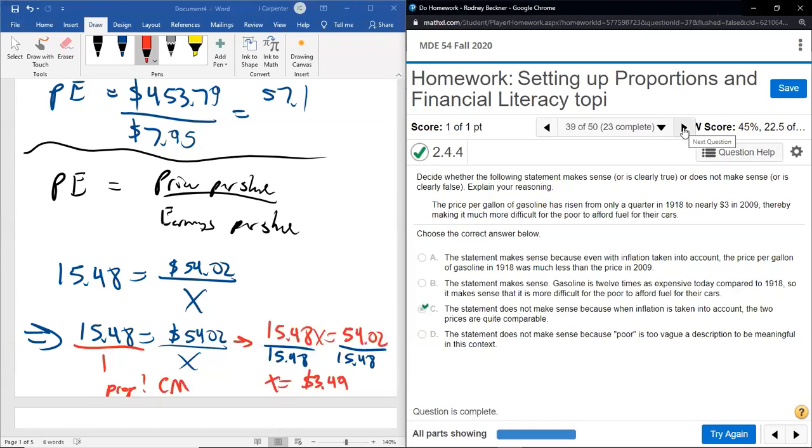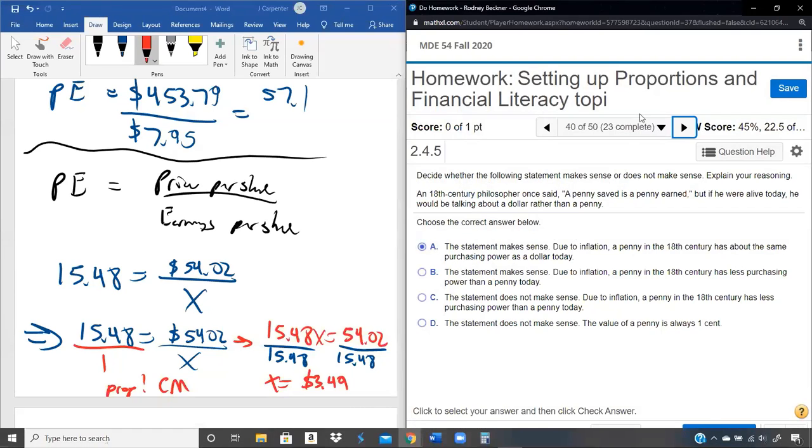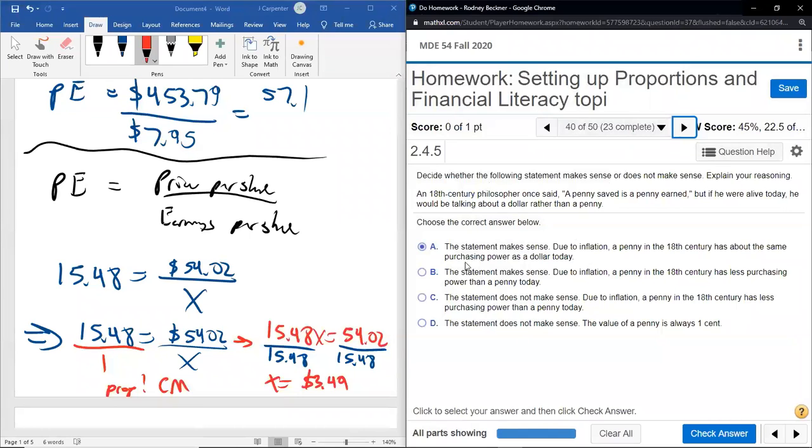So if we're looking at least 200 or 300 years, there would be a bigger jump than that. So a penny might have the same purchasing power as a dollar. Now you might say, well, maybe it's only 20 times, maybe it's only 30 times, maybe it's not A, so let's hold on to that. Remember, don't just pick A and check your answer, read them all. These multiple choice questions are meant to have some,